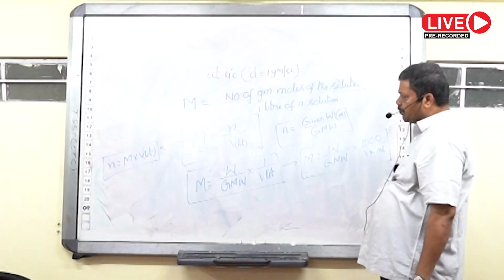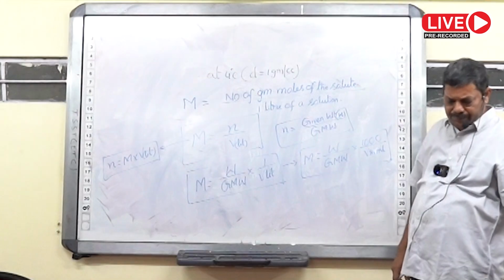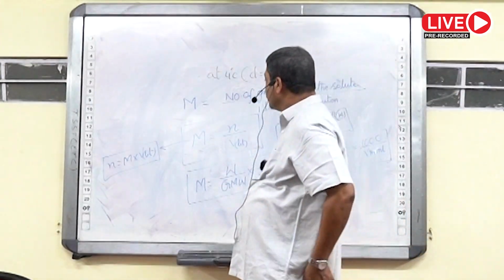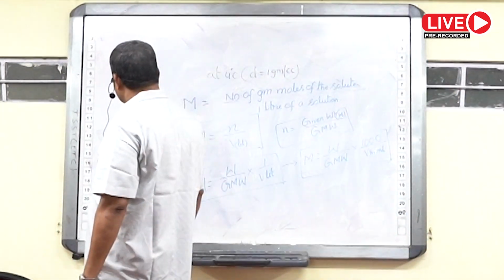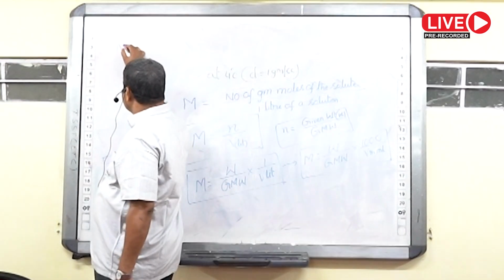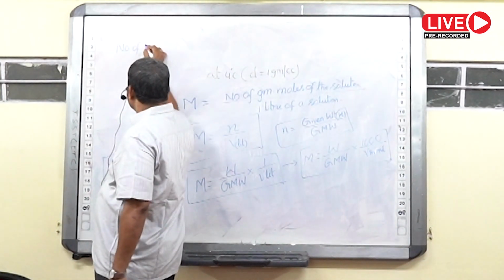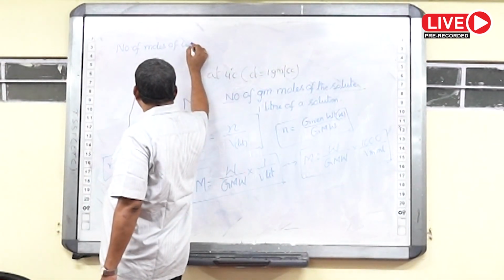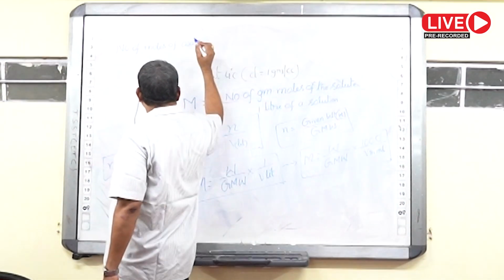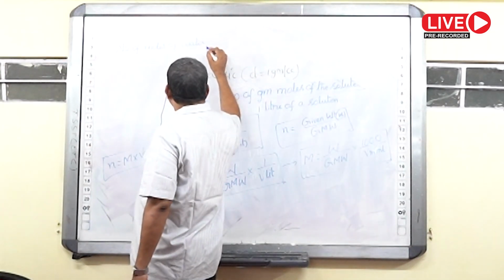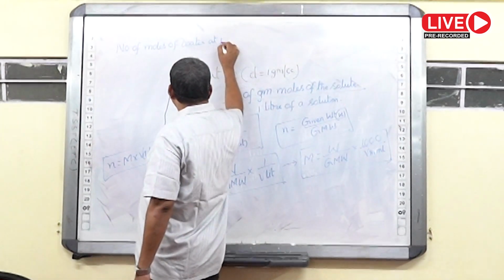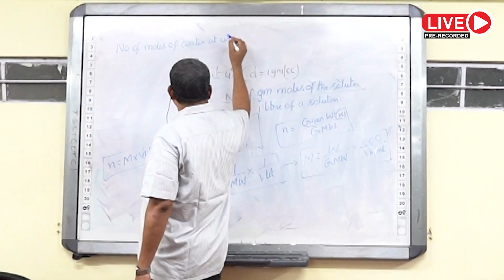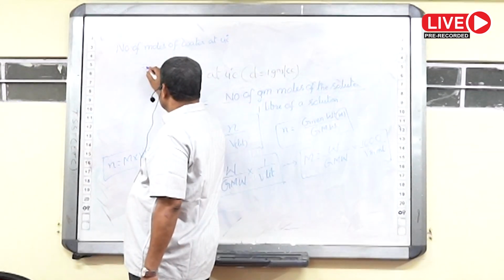Like this you can write many different formulae. So number of moles of water at 4 degrees centigrade is equal to